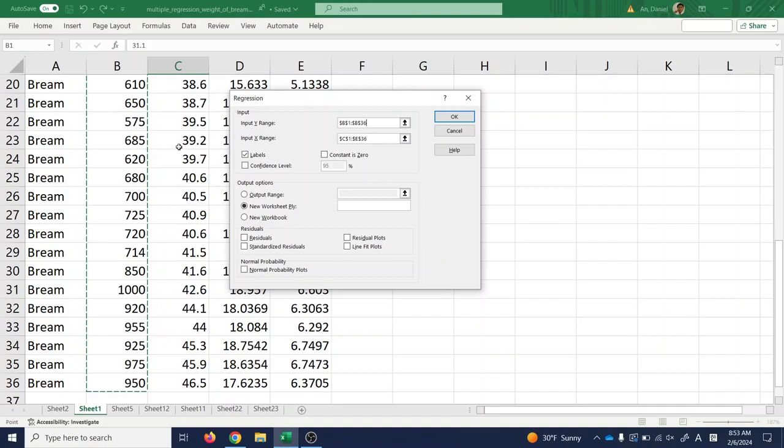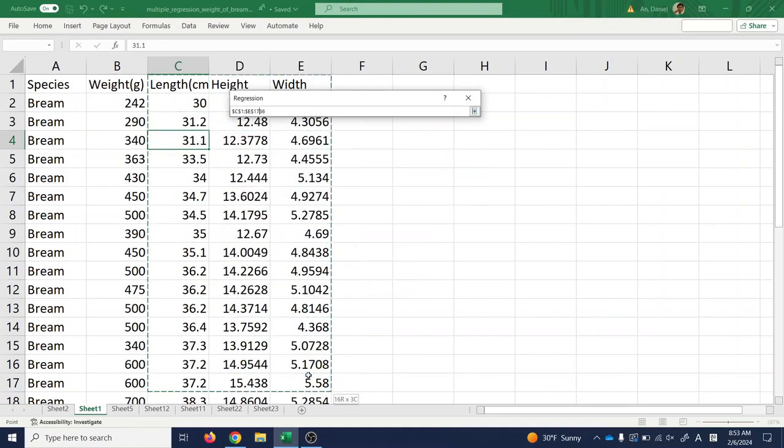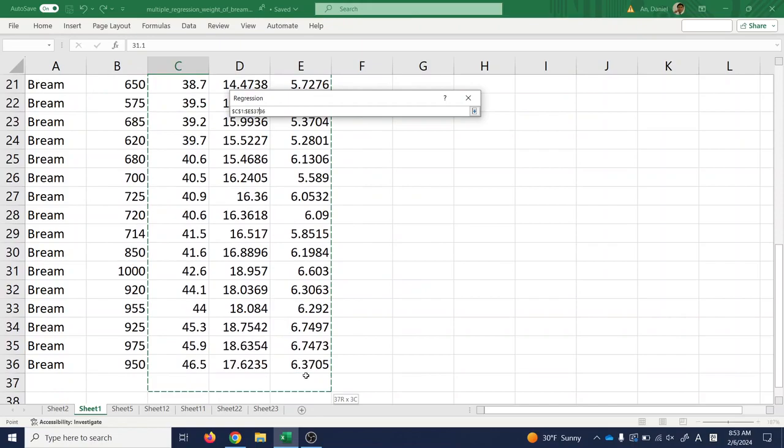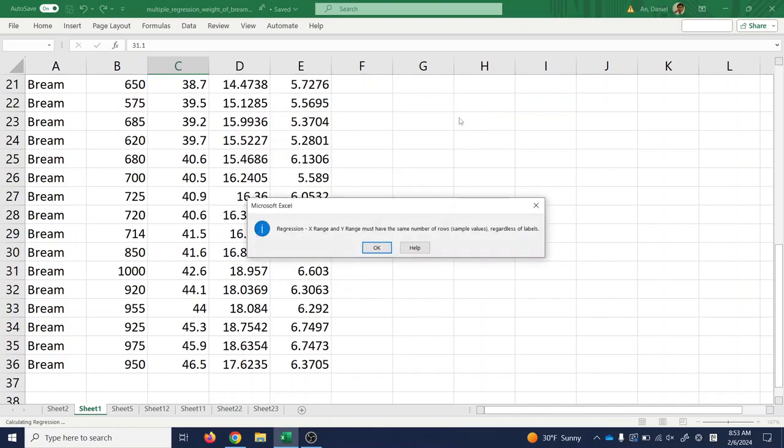We can just measure the sizes, and that should be enough for us to determine the weight, right? The input X range would now be the length, height, and width. And then I'm going to click the labels so that the very first item is considered as labels. And if I click OK, what it does,